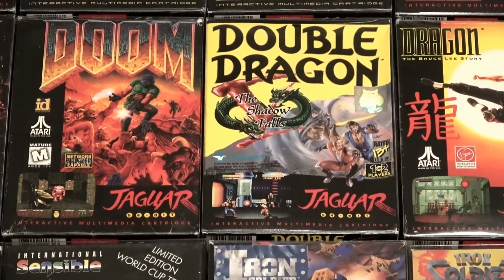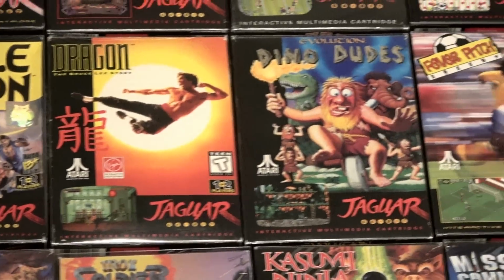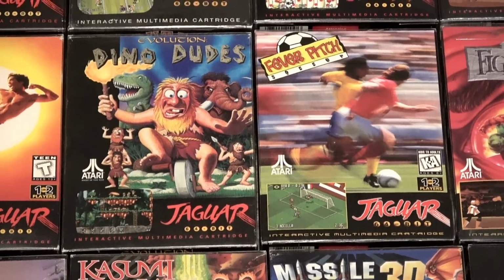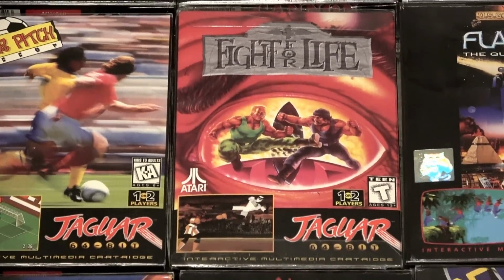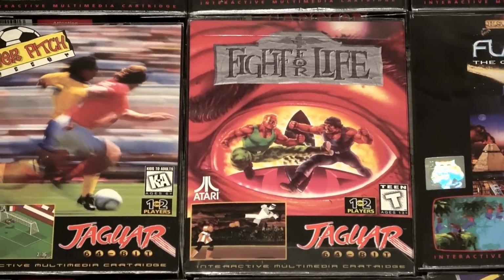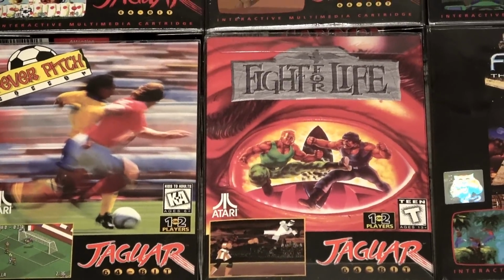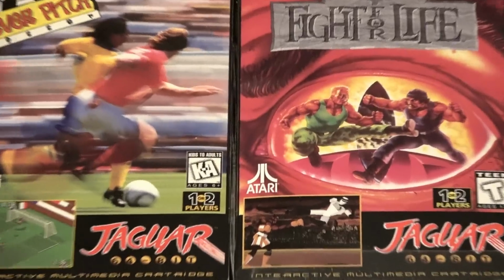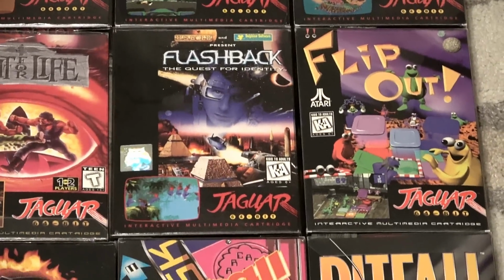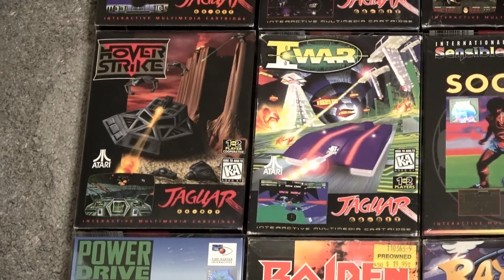Doom. Double Dragon 5. Dino Dudes. Fever Pitch Soccer. One of the last releases for the Jaguar, Fight for Life. I am not a fan of this game whatsoever. It's just a terrible, terrible fighting game. Flashback, excellent port. Flip Out, Hover Strike, iWar,